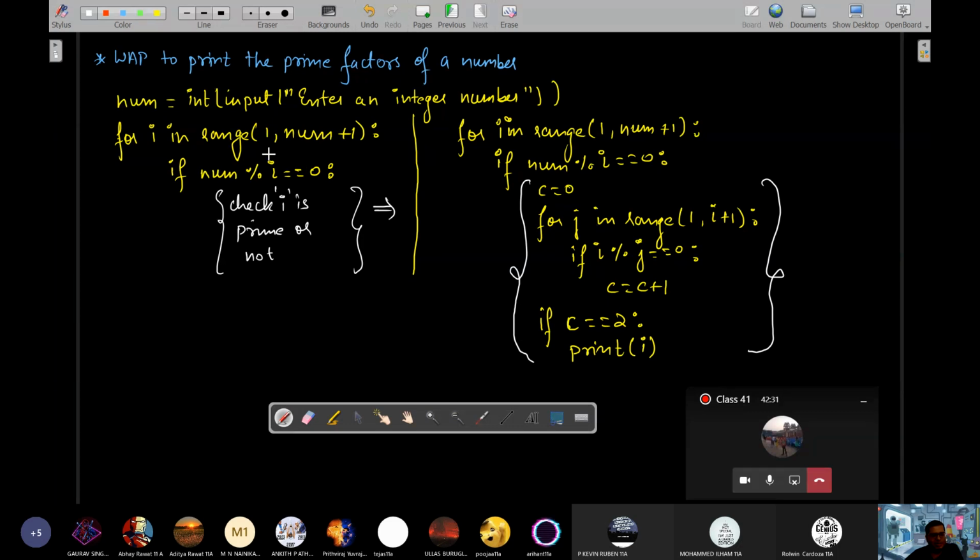If it is the case, that means that particular number contained in I is a factor. Then we check whether it is prime or not. So if we have got a factor I, we will check whether that I is prime. If it is prime, we will display it. So once we have got one particular I which is a factor, we will find the number of factors of that factor. And if the number of factors of the factor of the number is 2, that means that factor is a prime factor.